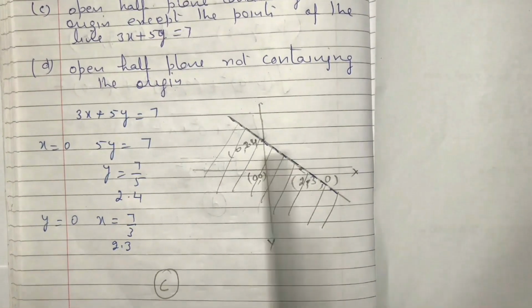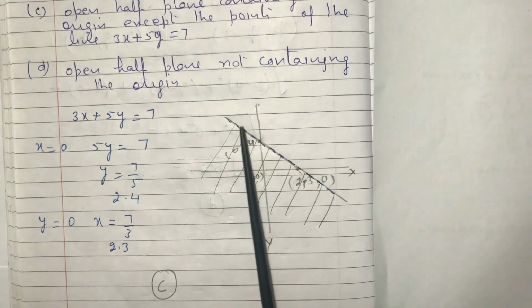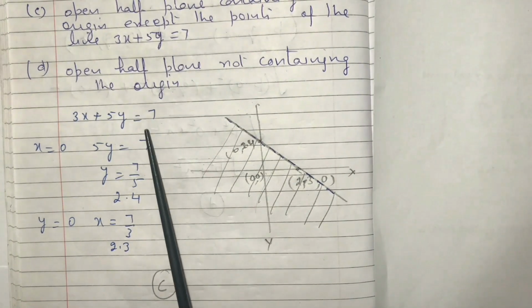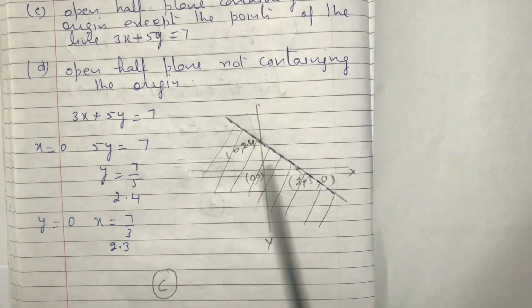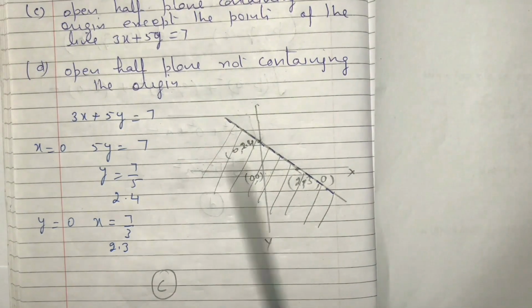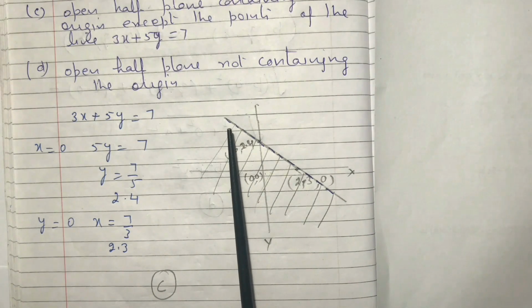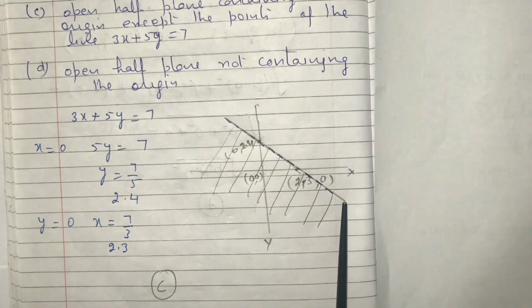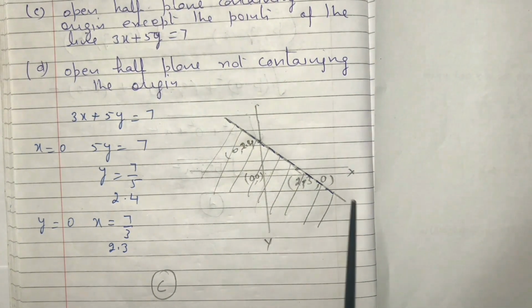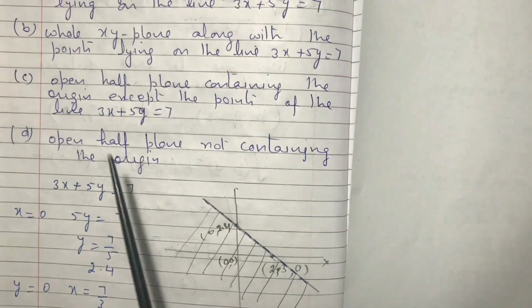So what we will do? We will draw the graph of this, and its graph is, since it is less than 7, this. So हम क्या देख रहे हैं यहाँ पर कि इसने हाफ प्लेन को कवर किया है। दूसरा, यहाँ पर लेस देन 7 था तो ये आपकी डॉटेड लाइन आएगी, इसका मतलब इस लाइन के ऊपर जो पॉइंट्स हैं वो आपके इंक्लूड नहीं होंगे। सो आपका सी ऑप्शन बनता है, बिकॉज आपका जो सी ऑप्शन है दैट इज ओपन